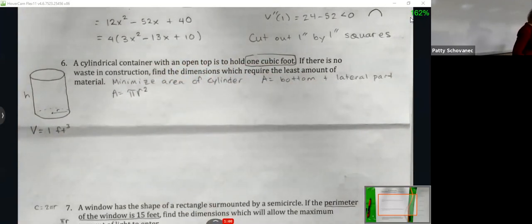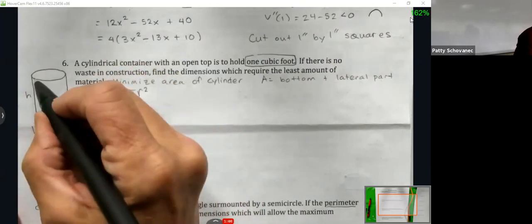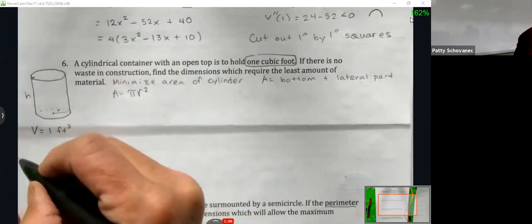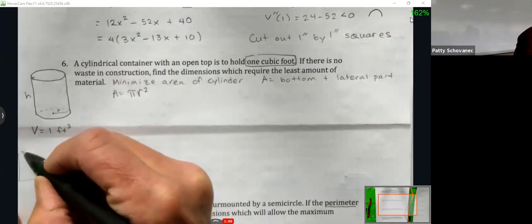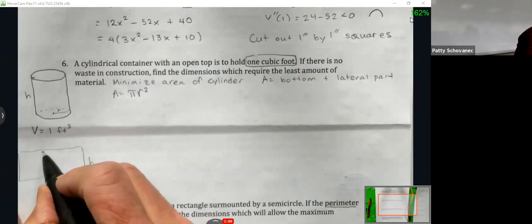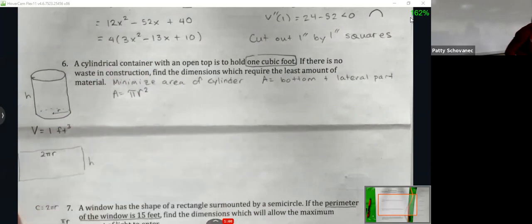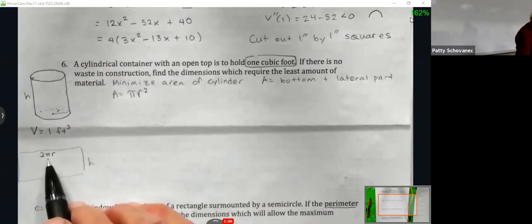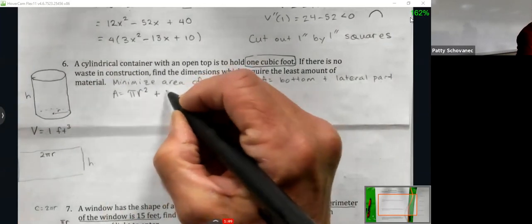How did we decide the area of the lateral part? What's the lateral portion look like if you're constructing this thing? It's just a rectangle, right? A rectangle that has a certain height. But this length around here, the lateral portion will look like this, where this has to go all the way around the circle. So the lateral part has area of 2 pi r times h,